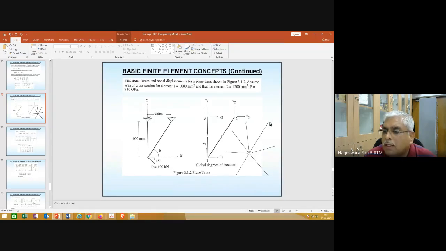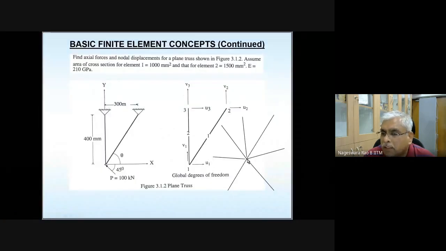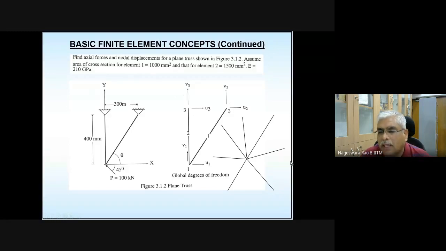All these points are fixed. And I'm applying a load here. That load need not be in any particular direction, it can be any direction, and I'm going to resolve it, okay? All the other nodes are fixed. And how do I get the orientation of each of these elements? I define a global coordinate system, I get the orientation of each element, I get the alpha value for each of these elements, and I assemble the element equations for each of these elements, okay?